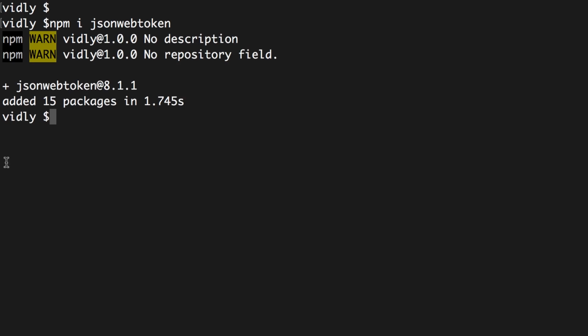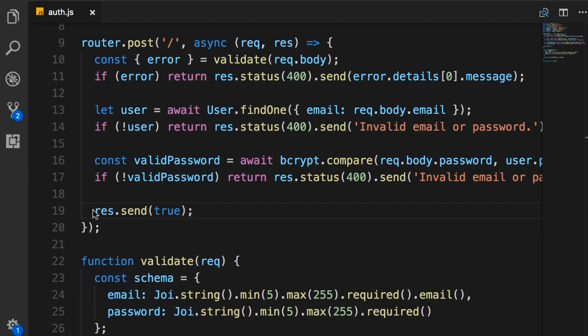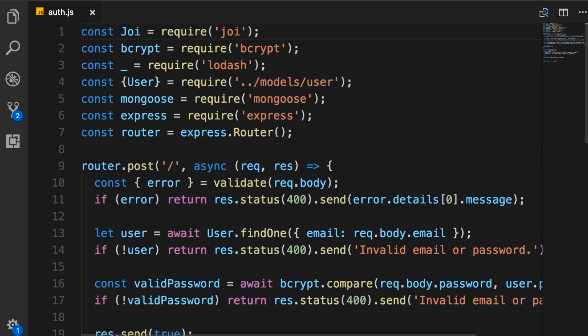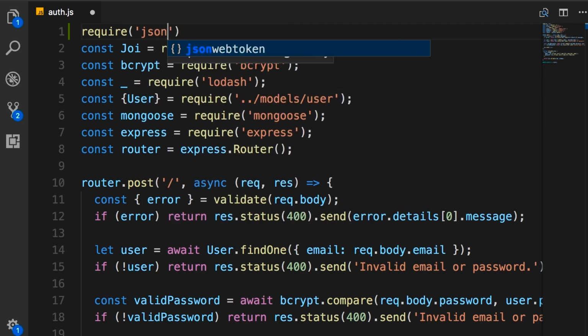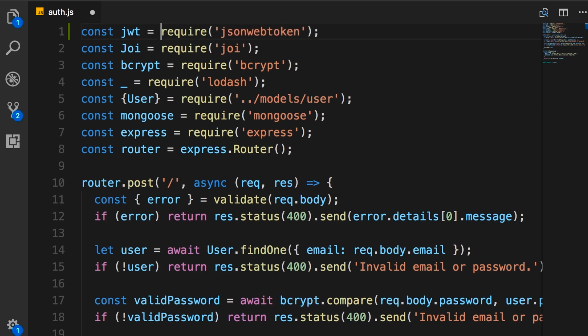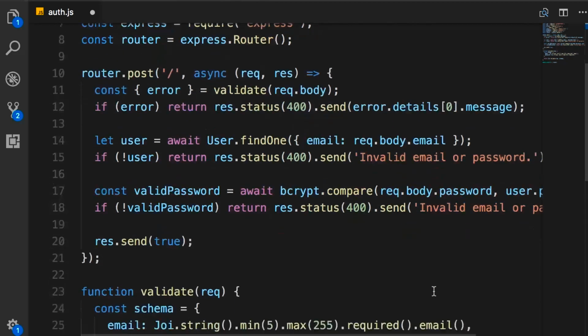The version I'm using is 8.1.1. Now here in our auth module, before returning the response, we need to create a new JSON Web Token. So first we need to import this new JSON Web Token module. So on the top, let's import JSON Web Token and store it in a constant called JWT. Now, back in our route handler,